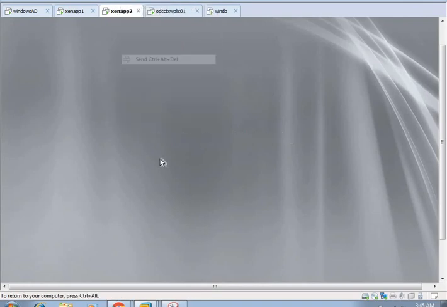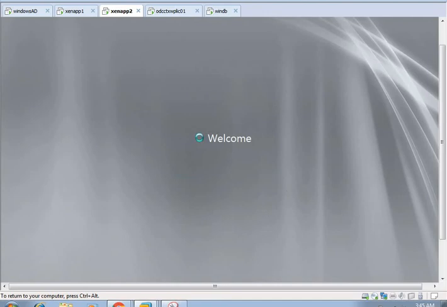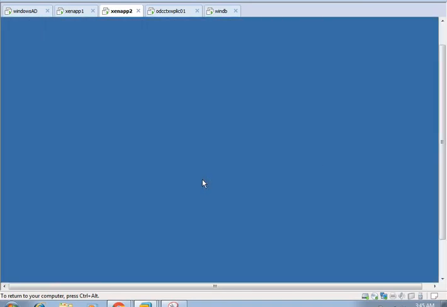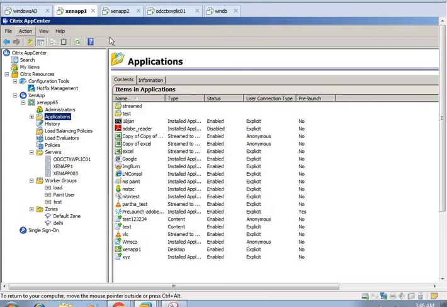Now the reboot has been done, and we'll check. Once the server is up, you can see the server name in the list here.